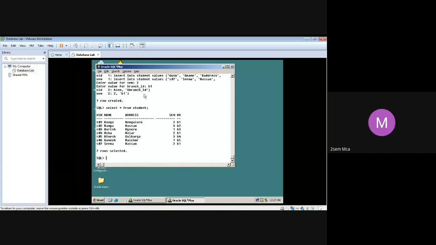Somewhere we have given 2-3 records as second semester because we need that second semester. There also in the branch table we gave MCA. So we should be able to retrieve these records, whoever is doing second semester MCA, correct? If you are done, finish it.